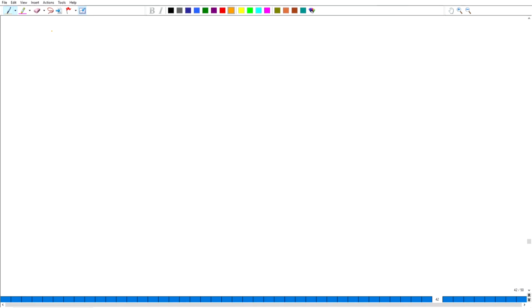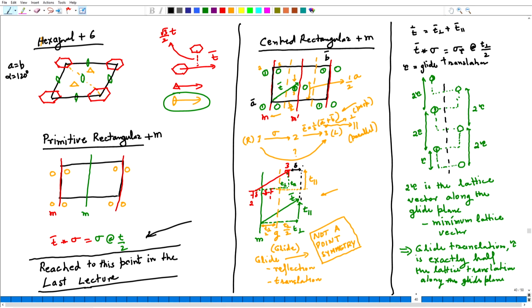So, in this lecture we will continue from where we left off, but before doing this, let me talk a bit about notation. Just like we had notations for point groups, we also have notations for plane groups, and we will be using what is called the international notation for plane groups. So, let us look at one of the earlier diagrams, come to the notations.